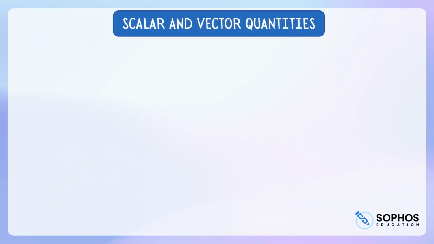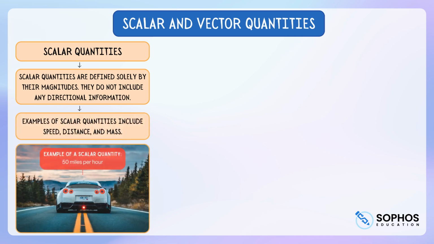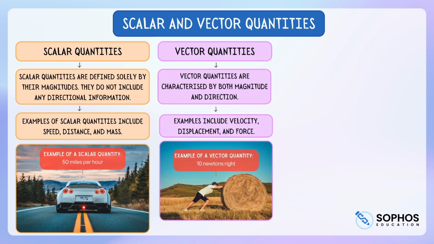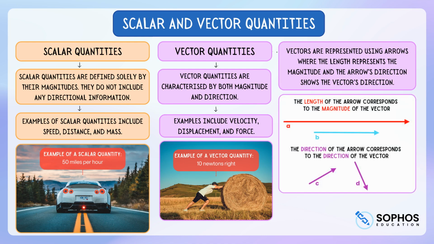Great work. That's the end of our lesson today. In today's lesson, we delved into the distinction between scalar and vector quantities. We learned that scalar quantities are defined solely by their magnitude, with examples including speed, distance, and mass. In contrast, vector quantities are characterized by both magnitude and direction, with examples like velocity, displacement, and force. We also discussed how vectors are visually represented using arrows, where the length indicates magnitude and the arrow's direction shows the vector's direction. By mastering these concepts, we are better prepared to tackle more complex topics in physics related to motion and